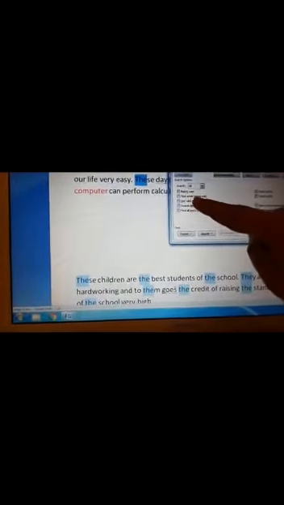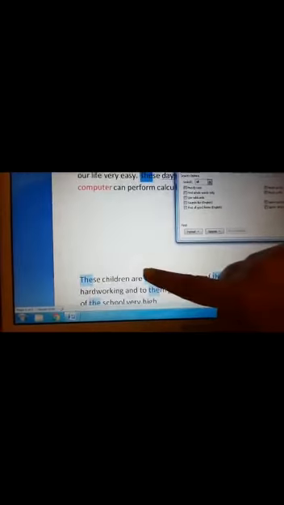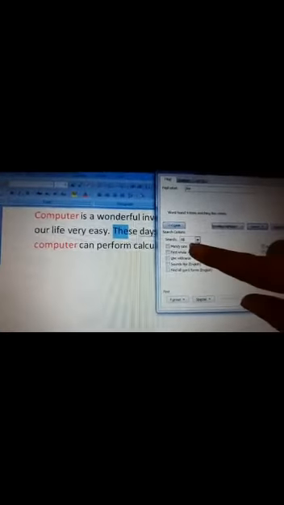So if you will not select find whole word only, it will select all those words where it finds the first matching letters. So this is the function of match case and find whole words only.